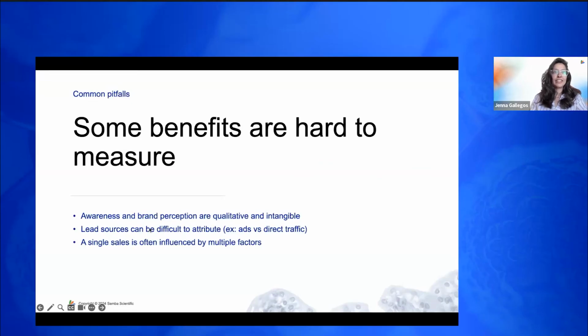Also, when it comes to generating leads and those leads turning into sales, oftentimes there are going to be multiple touch points. A given customer may see an ad, see an email, download an asset, and at some point down the line, they're going to decide to make a purchase. It can be difficult to attribute which action along the way was the most important for that. So take your metrics with a grain of salt. It is a little bit more of a soft science, unfortunately, so it's important to measure a lot of different parameters and look at the data really carefully.